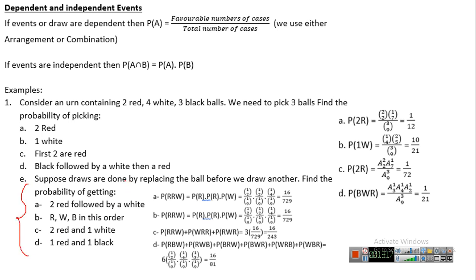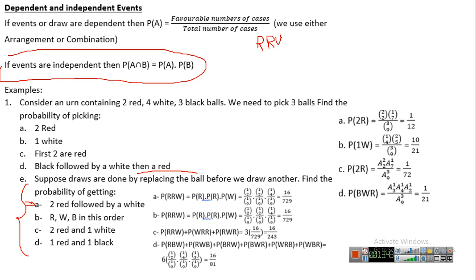Suppose draws are done by replacing the ball before we draw the second. So this is independent. So in independent, we do P of each draw alone. P of the first times P of the second, but be careful, here order is important. So I want 2 red followed by a white, in part A. I'm drawing 3. So I want red,